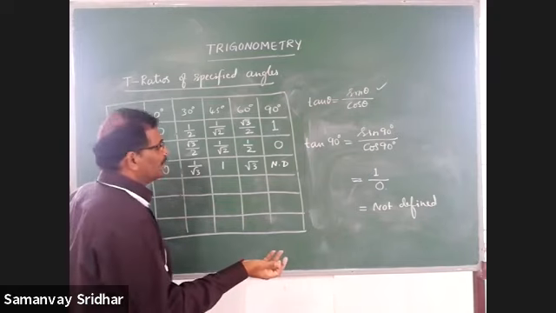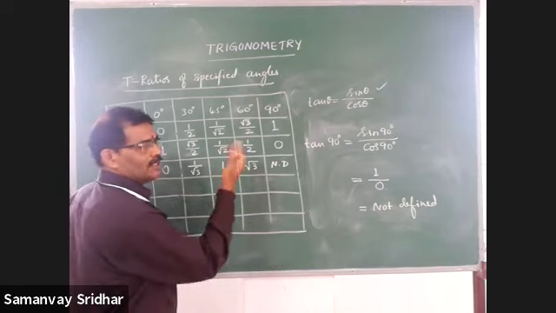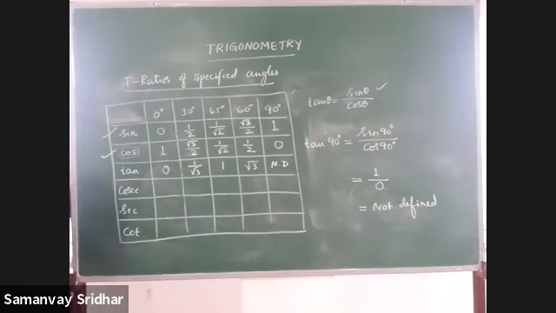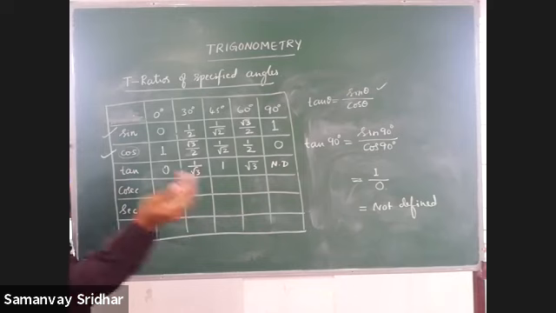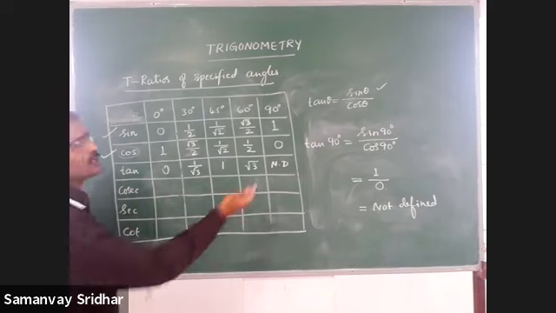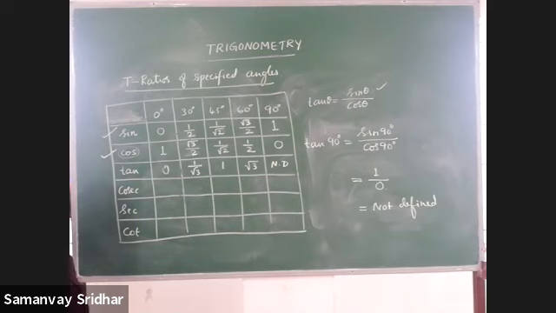What is the value of that? I don't know. That is not yet defined. But you should not say that I don't know. You have to say that that's not yet defined. You have not defined, therefore I am not giving that. So therefore I have to say that's not defined.